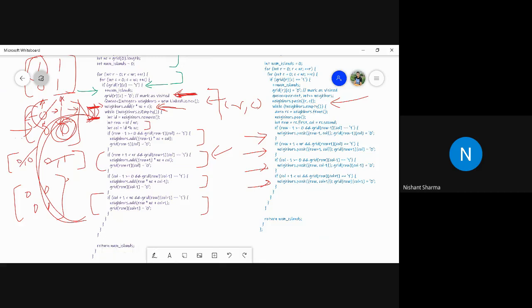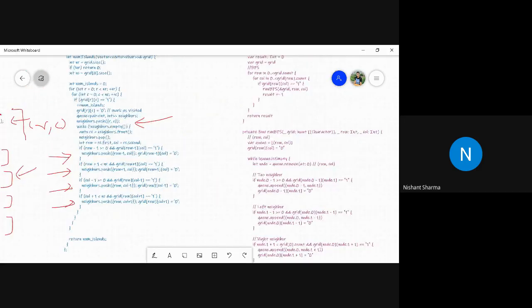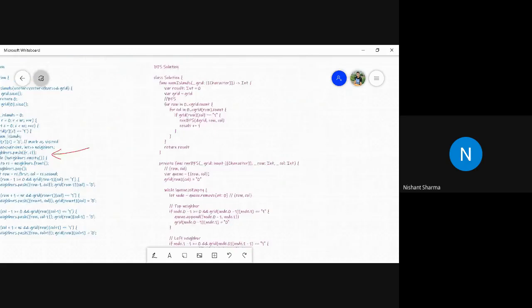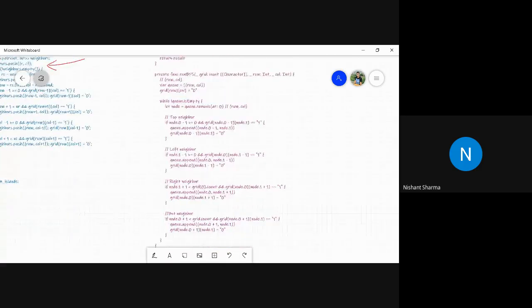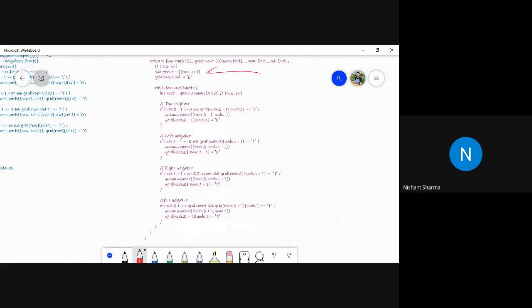Similarly, for the Swift solution also, the same logic works. What we did is we used 2 for loops. We check if 1 exists, then we run the BFS and increment the output count, the number of islands count. With the BFS logic, we store the row comma column in a queue.